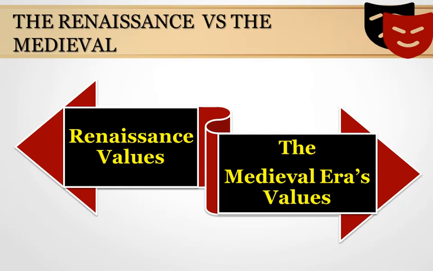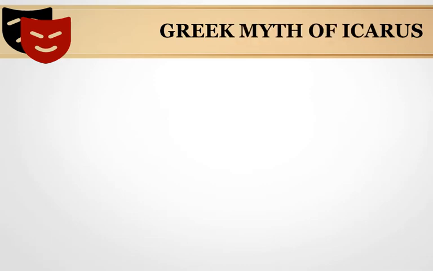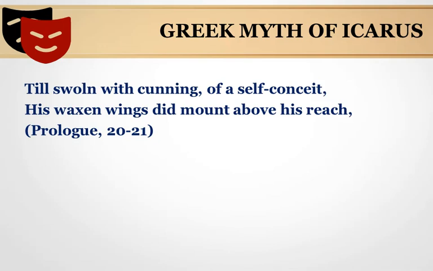On the other hand, the chorus argues that Dr. Faustus's story is similar to that of the Greek myth of Icarus. The chorus says, "Till swollen with cunning of a self-conceit, his waxen wings did mount above his reach." These two lines are important. The first line that says, "swollen with cunning of self-conceit,"